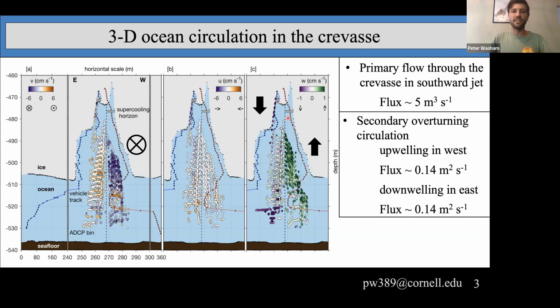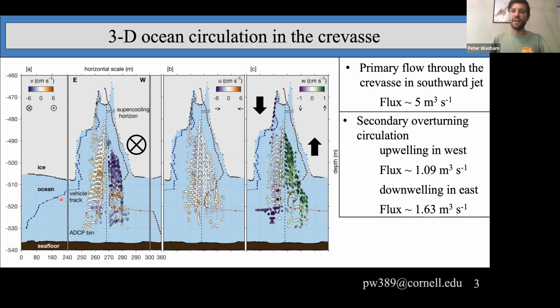And these white lines now show the supercooling horizon on either side of the crevasse. And so the sinking is basically happening in this plume right underneath that supercooling horizon. And so you're getting brine rejection, densifying the water column, sinking. And before I go any further, these lines here, I'll get into them later. This is the vehicle track that's now been binned at 1 meter intervals,